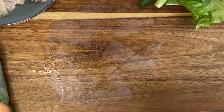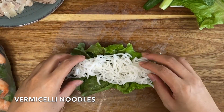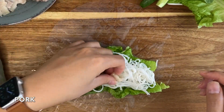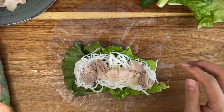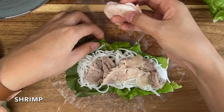Lay the paper down on a cutting board or a flat surface, then add your filling. There are so many variations of spring rolls, you can play around and customize with whatever you like. You can add avocados, carrots, cilantro, bean sprouts, cabbage, and even tofu. The pork and shrimp is what I grew up eating and is a bit more authentic if that's what you're